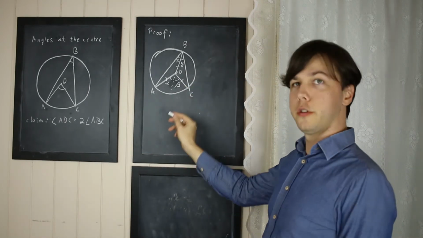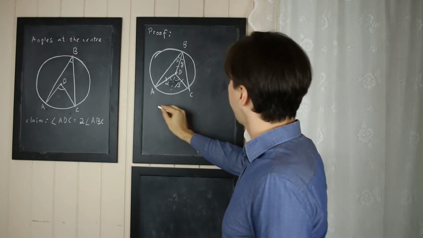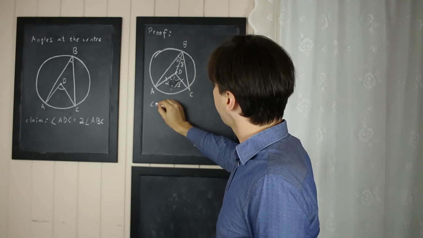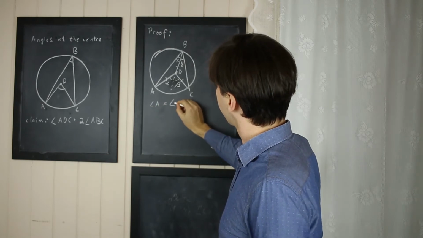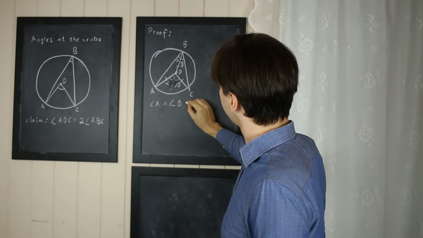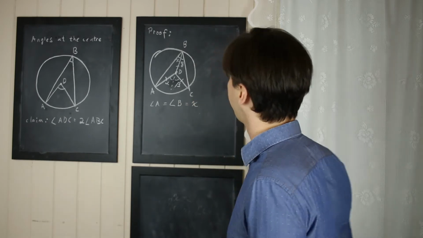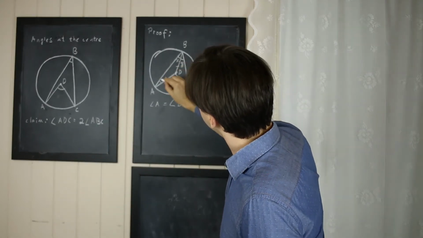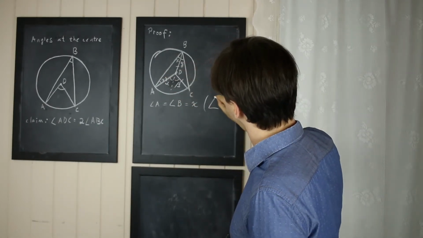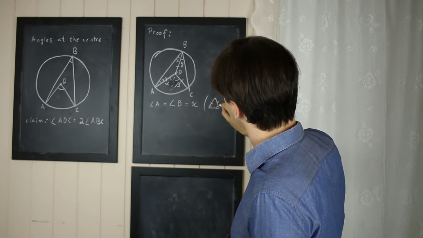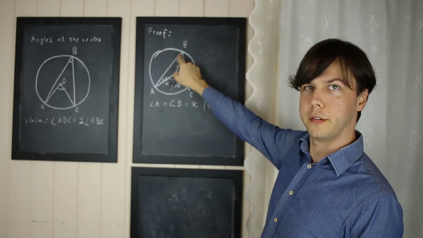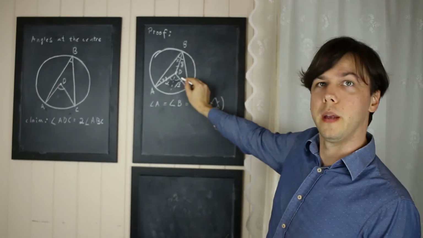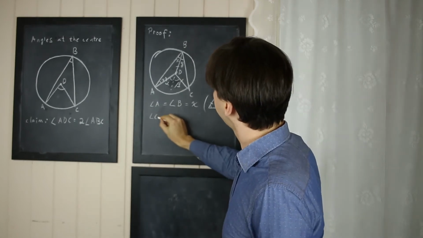And I'm going to use just a shorter notation instead of giving the full angle name. For example, this angle here, I'm not going to call it angle BAD, I'm just going to call it angle A. Okay, this will be equal to that other angle, and the reason for that is we have isosceles triangle over here, because these two are the same. Cool, so we're going to do the same thing down here. So the angle at C